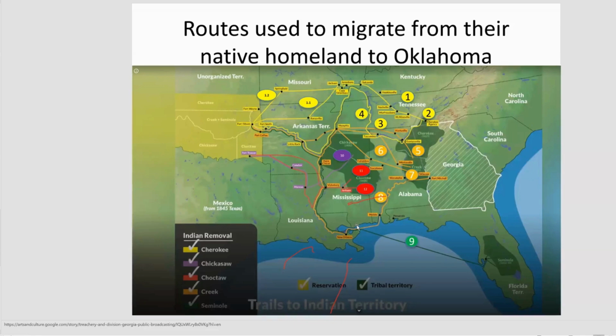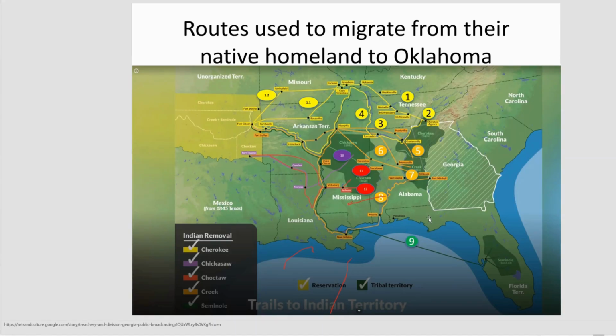Now, for the family that did migrate through the Trail of Tears or through forced or volunteer migration, this is just a chart showing you the paths. The Cherokees were in yellow, the Choctaws were red, the Chickasaw was purple, the Creeks were orange. Some of the Creeks actually went down to New Orleans and then up going toward Oklahoma. So if we're wondering why we have connections in Louisiana or Mississippi,